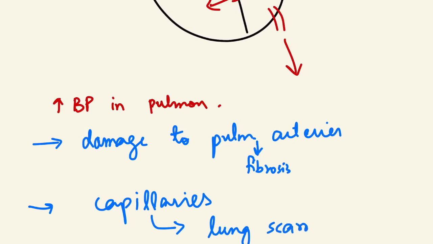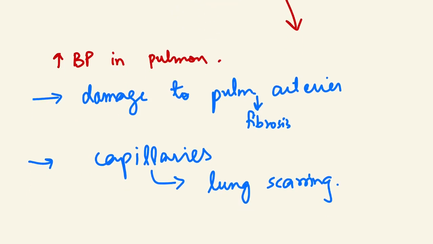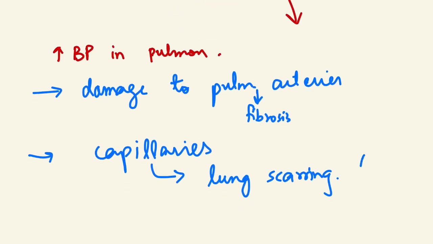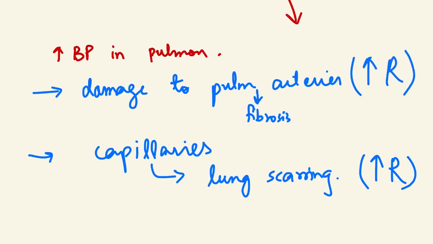Now all of this and a number of other processes are going to further increase the blood pressure in the pulmonary circulation, which we do not want. This is going to cause increased resistance. So this increased resistance is going to tell the right side of the heart to pump harder. Okay, so usually we know that the right side of the heart does not have to work that hard,